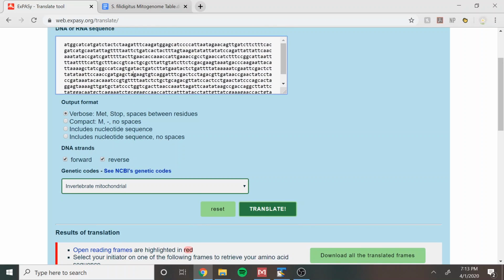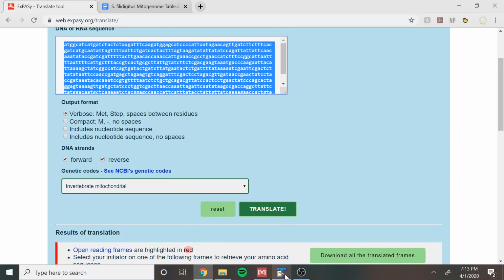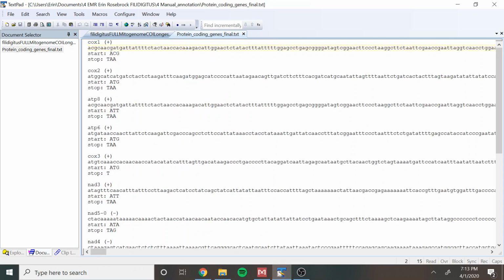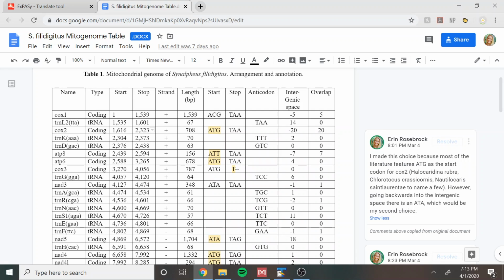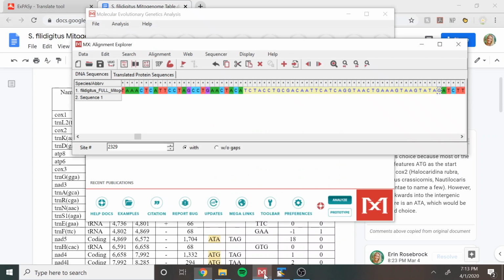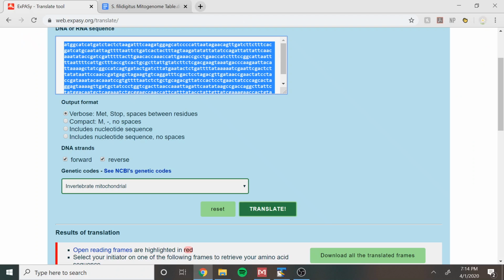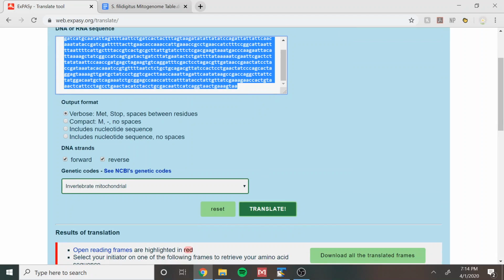So we're going to take this sequence, copy it, and record it somewhere. I made a separate file where I pasted the nucleotide sequences for all of my protein coding genes. So I would paste it right here. And then you would also, in another table, it would be very helpful to record the start and stop numbers of your nucleotides. In this case, I know that this was my end codon. If you're having trouble figuring it out, you can look into Expasy and look for markers like that